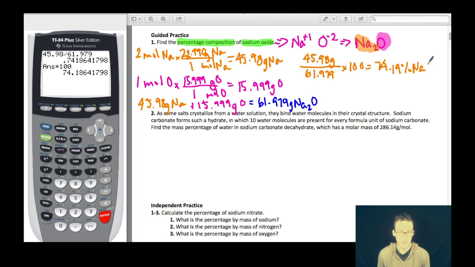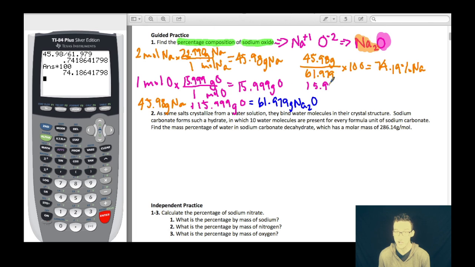Now, some of you geniuses out there can recognize that, oh, this compound is only made up of 2 elements. Therefore, if I know that the total has to be 100%, I can do some tricky math and figure out what the percentage of oxygen is right away. For those of you who may not pick up on that, we'll do the calculation here, but essentially it's the same thing. We just take